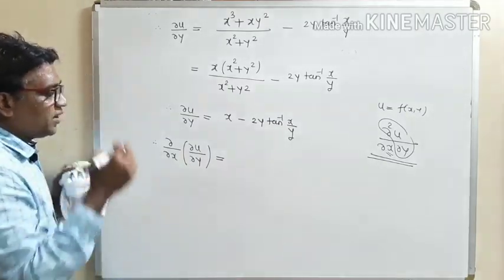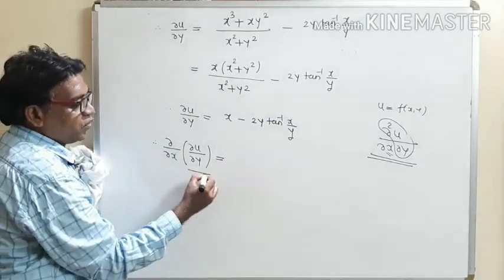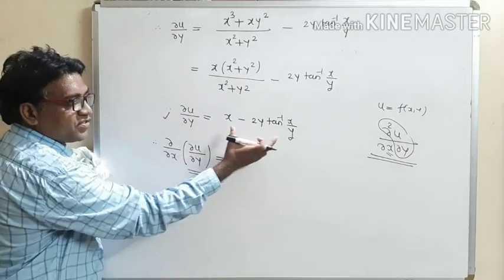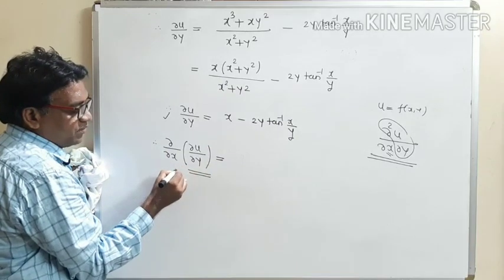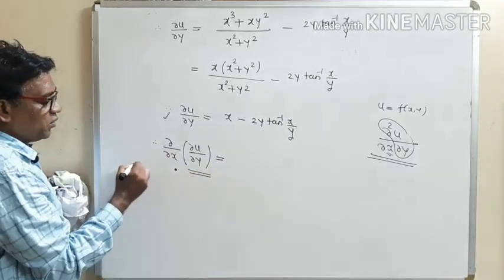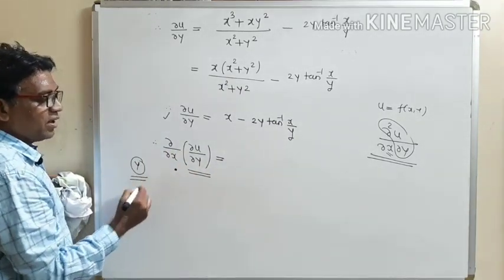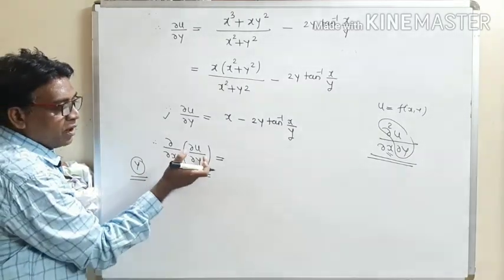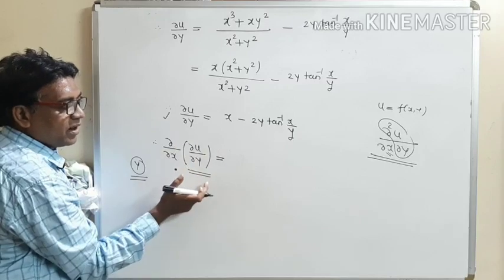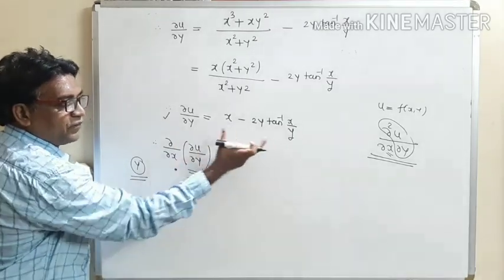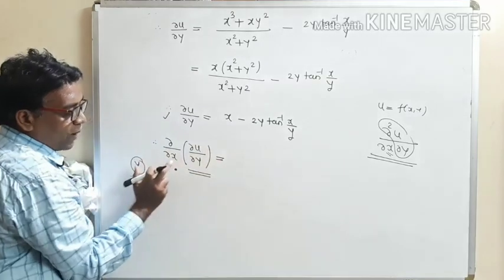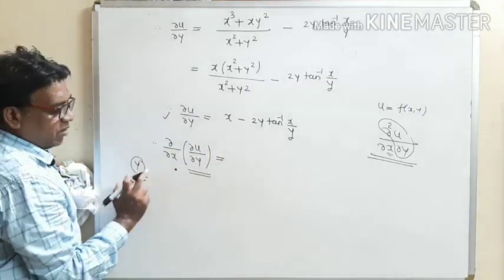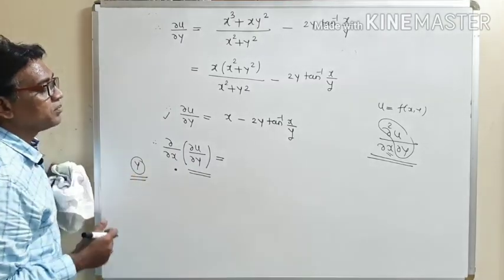Now we have to differentiate ∂u/∂y with respect to x, so this is our required term. Differentiating this term partially with respect to x means we have to keep the remaining variable y as a constant. See how to find out this term. Differentiating this partial derivative, so this is our term, differentiating this term partially with respect to x by keeping y constant. So we have to treat y as a constant term.